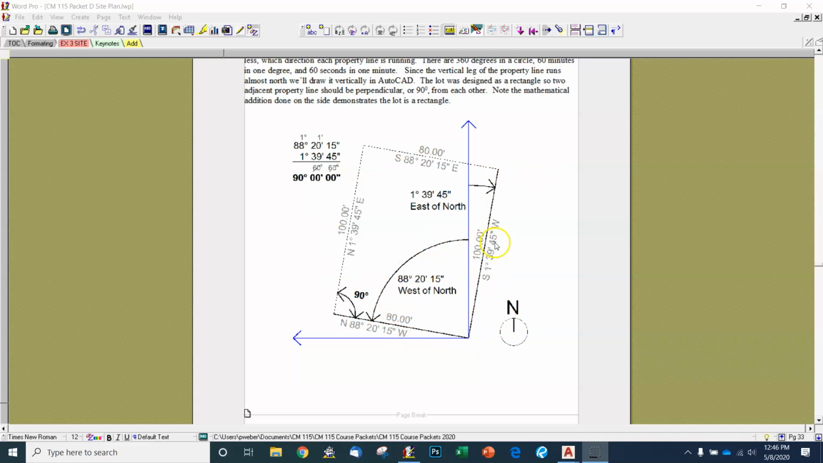Now, 90 degrees apart, we're going to assume that our client's lot that they purchased, and I've exaggerated the tilt in this thing, it's just to say this thing's not due north. Well, then this says north 1 degree, 39 minutes, 45 seconds east. Okay, and this is 100 feet. Well, if I were to take this 88, 20, 15 right over here, and this 1, 39, 45, if I add them up,